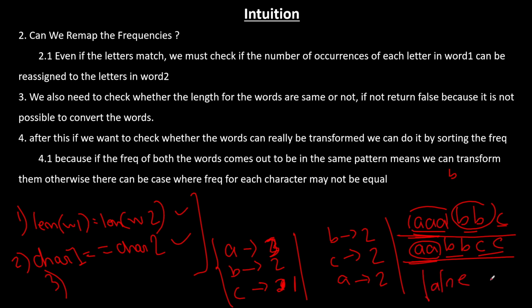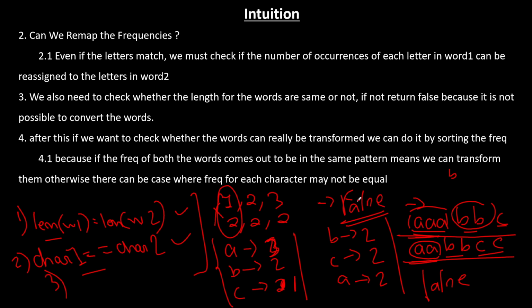Now, how do we know whether two words, even if they have equal length and an equal number of characters, can be swapped or not? What if we store their counts somewhere and sort them? If we sort in increasing order, you will get 1, 2, 3 for this, and for this you will get 2, 2, 2. Now, 1 and 2 are not equal, so we return false, because